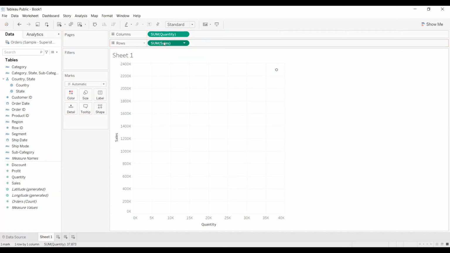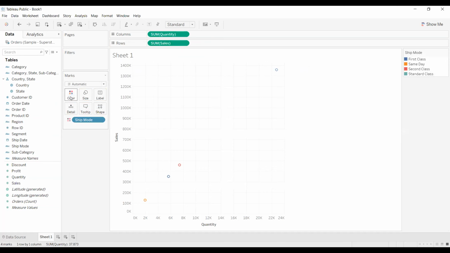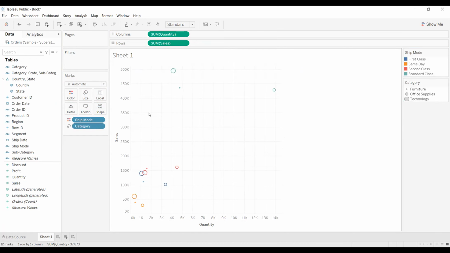So I'll still use my own previous approach. We are looking at quantity. We are looking at sales, and we are trying to get office supplies and standard ship mode. So the same way I did it the other time. So ship mode, I'll put it in the color, then I'll put the category in the size. So it breaks it down for me. Then I can label it so that we can see what is going on. So I'm going to label it with ship mode,